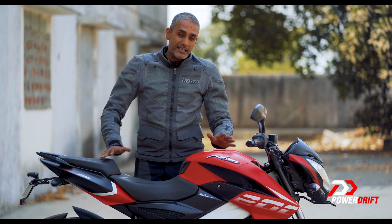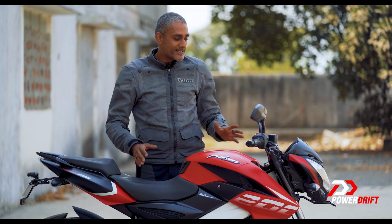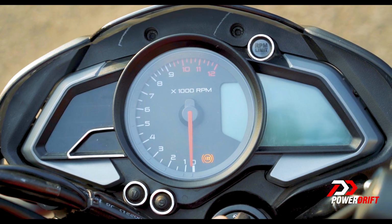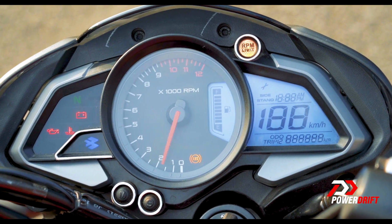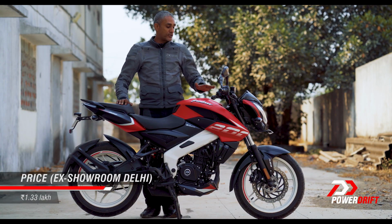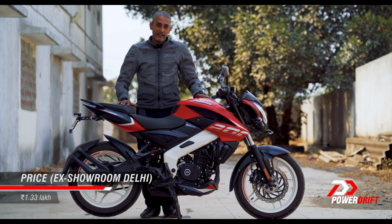But the same cannot be said for the features of this motorcycle because it doesn't have anything that counts as modern feature set. So no Bluetooth, no gear position indicator, no slipper clutch. And honestly, think about it. If you were to pay 1,33,000 rupees ex-showroom instead of this one for the current top RTR 200,